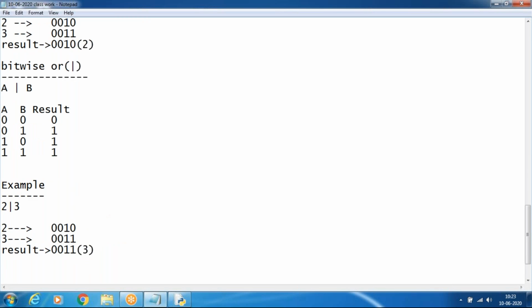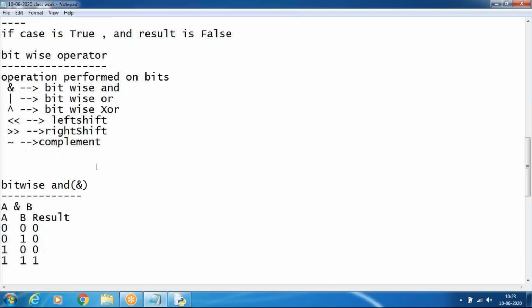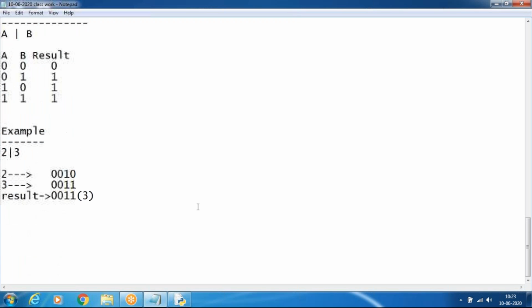Next we will see the bitwise XOR operator.